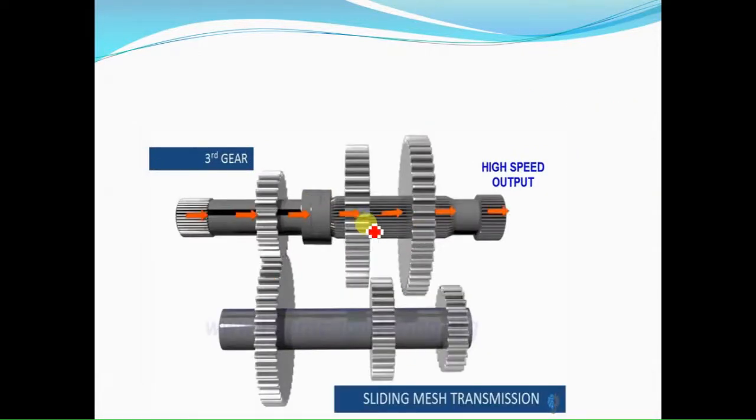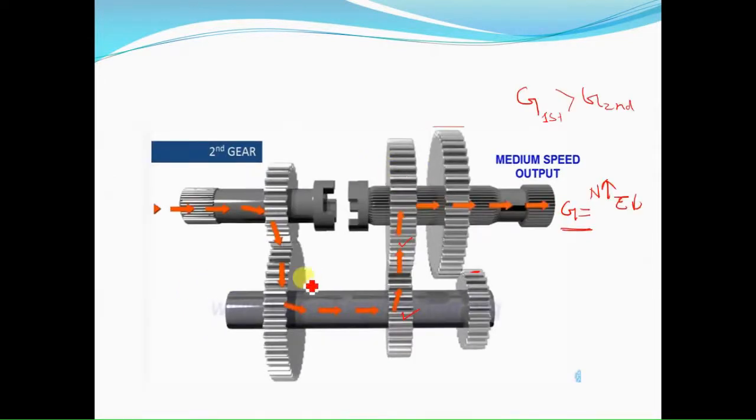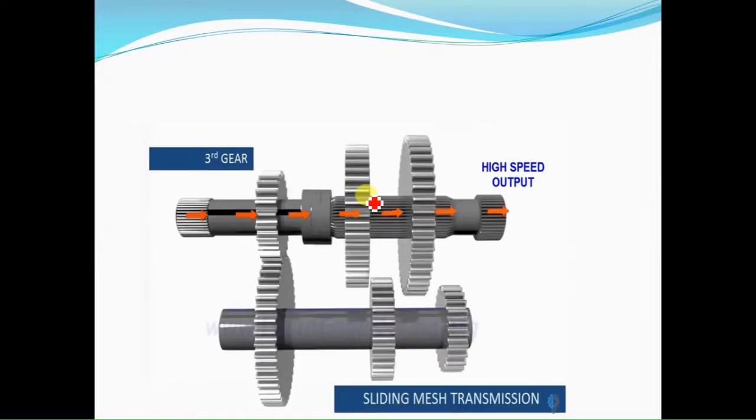Now there is another gear ratio here. Here, as you are seeing, this output shaft is engaged with the clutch shaft. Now at this third gear ratio, these two shafts are meshed together. So there is a direct power transmission from this shaft to this shaft. The power flow takes place like this. So this is called the third gear ratio, and sometimes it is called the top gear ratio.